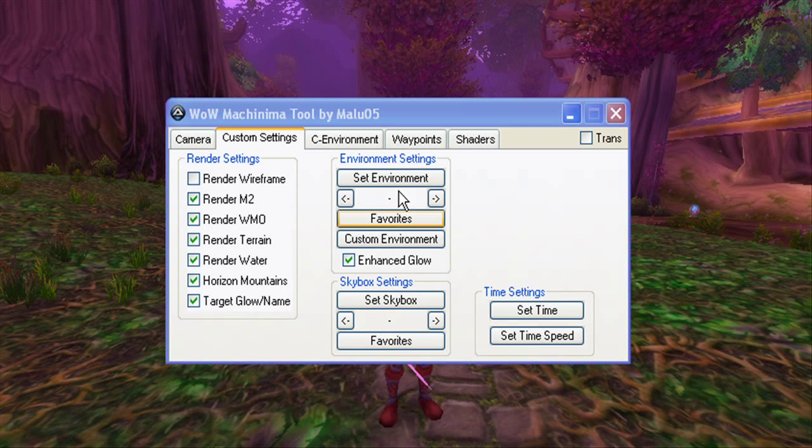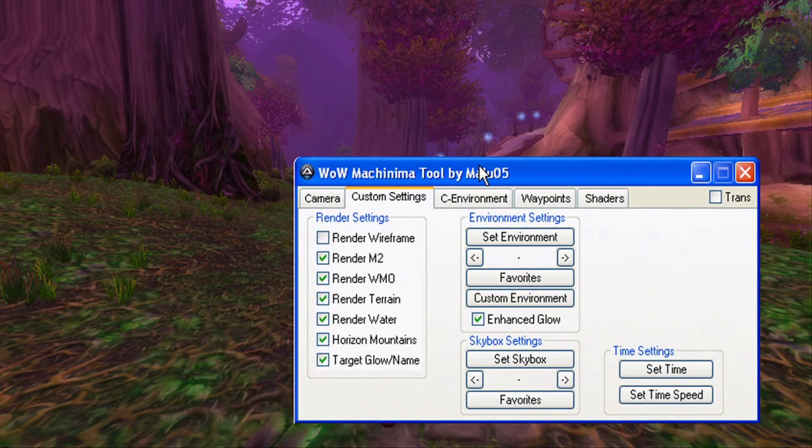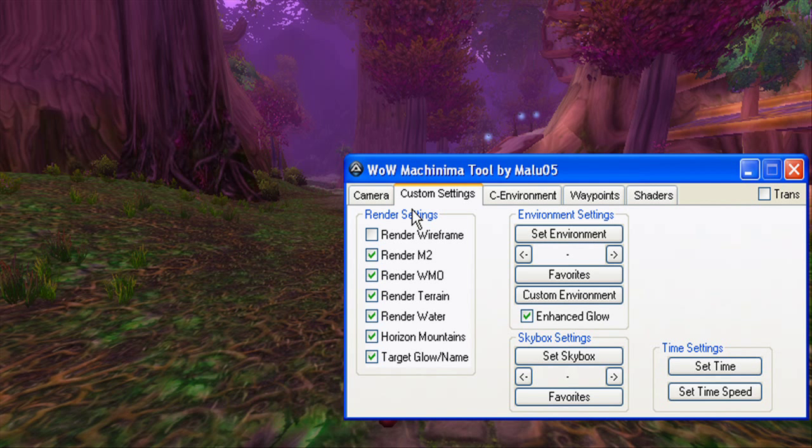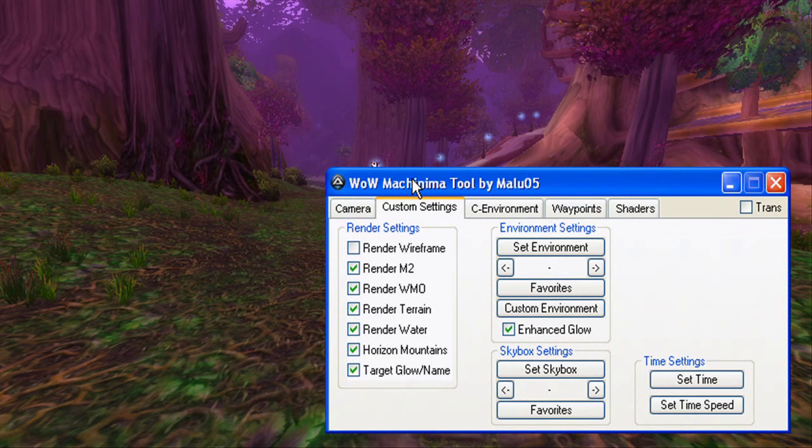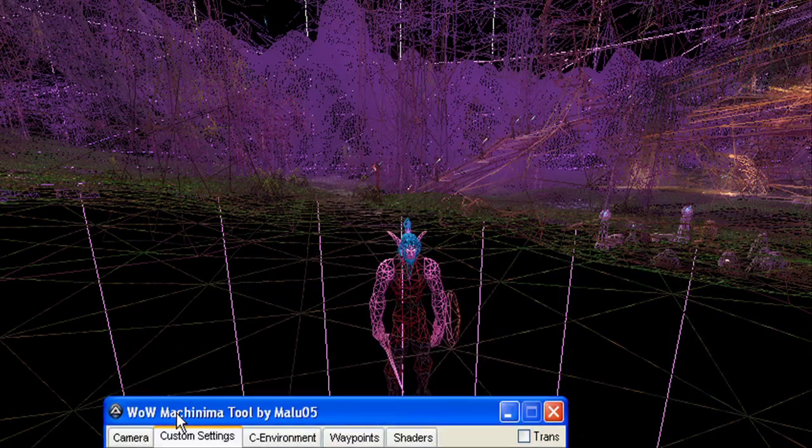So now I'm going to take you through the costume settings in the Machinima Tool. The first thing you'll see here is the render settings. There's a lot of different render settings, and most of them you might not be using. If you're doing screenshots, for example, and you're an advanced Photoshopper or something like that, these are going to be gorgeous to work with because they allow you to isolate objects and stuff like that. So it's really cool. The first one is render wireframe, and if you're going to make some techie movie, you